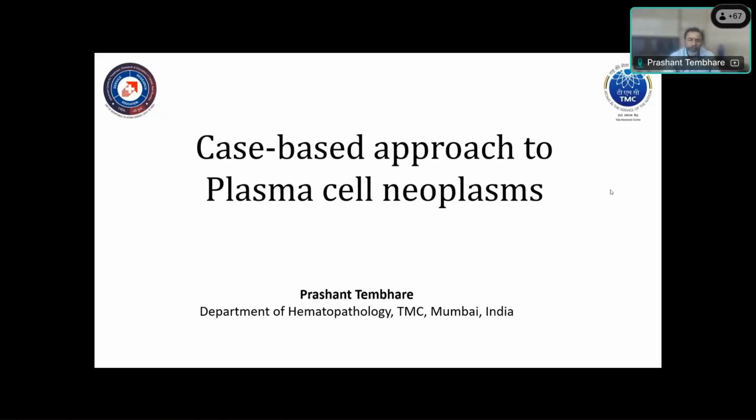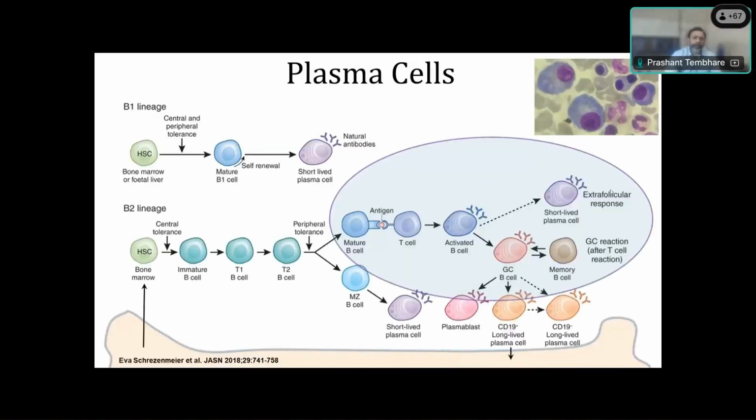Okay, so let's start. Now let's go through and understand what plasma cells are. So plasma cells are basically the terminal stage of B cell. It's a B cell which is differentiated, and the last stage of B cell differentiation is the plasma cell. So if you look at this cartoon figure,